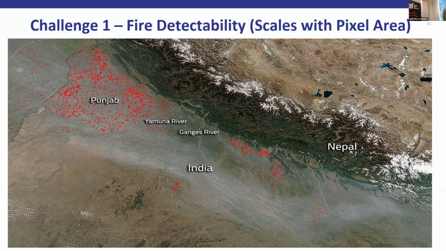Fires in the Punjab some years ago, loads of farmers burning all their rice straw at the same time. So all these farms are burning small areas, but there's enough of this to be detected by MODIS. And you can see it's all funneling this smoke down the Indo-Gangetic Plain with hundreds of millions of people being exposed to it. Some research was done by Leicester, us, and some Indian colleagues. Basically, at the time of year this is going on, 60% of the air pollution in Delhi from particulate matter is being caused by these fires.